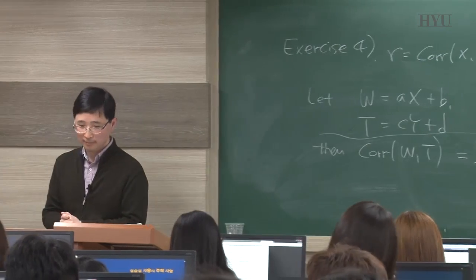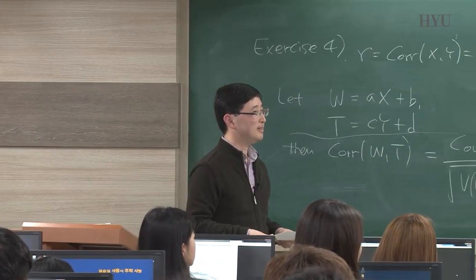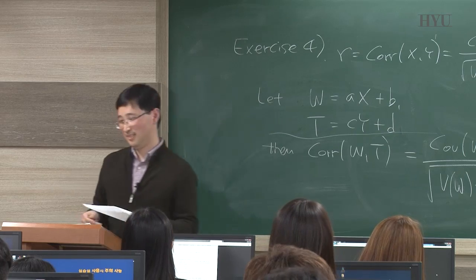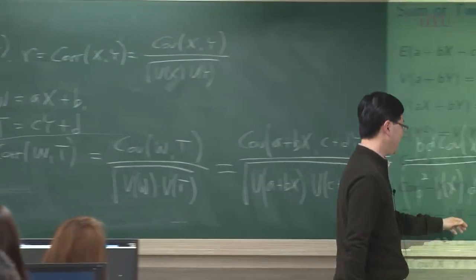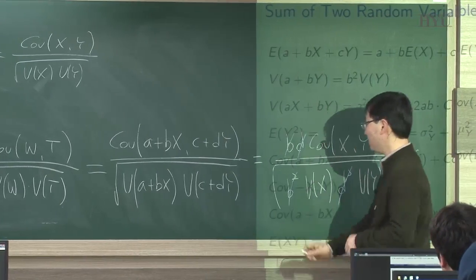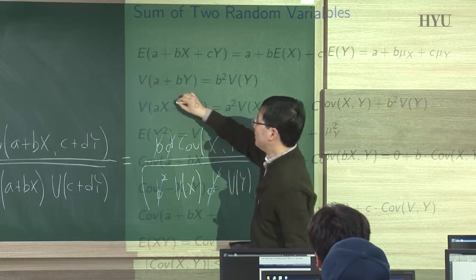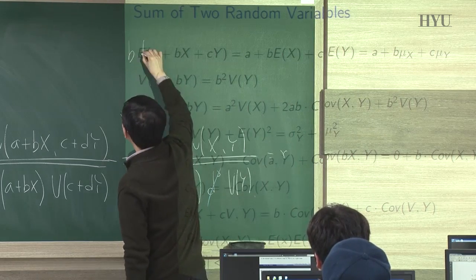If B is minus, the square root of B squared would not be minus. Okay, that's a good point. Let me be more exact. So the point is, this is not exactly true. What I should have done is,